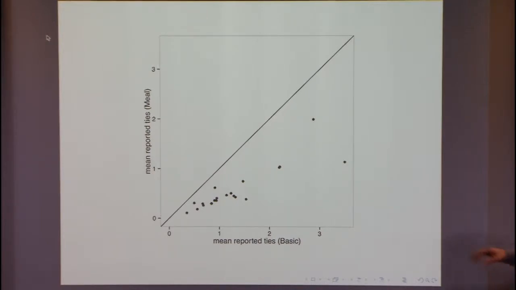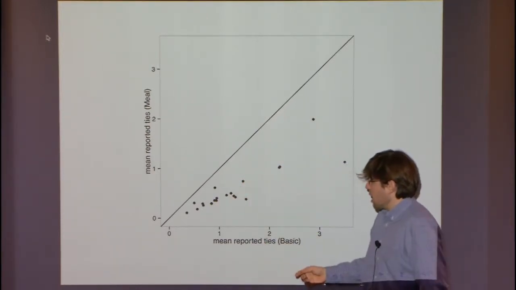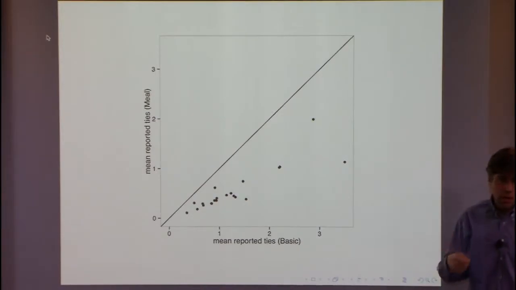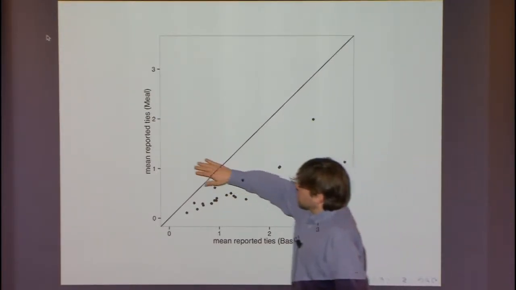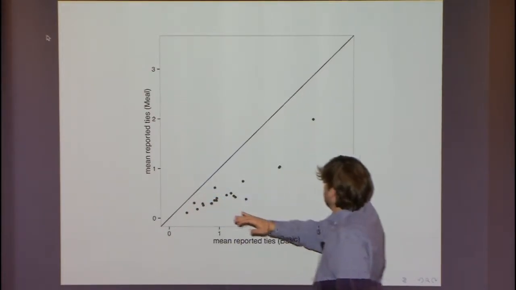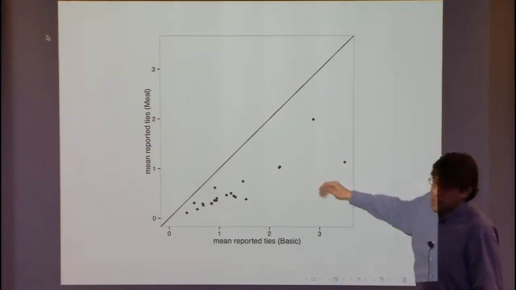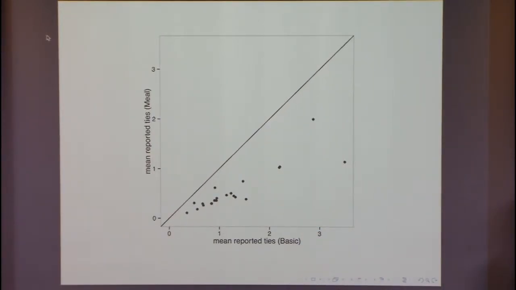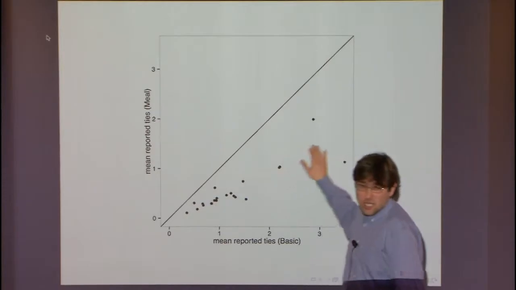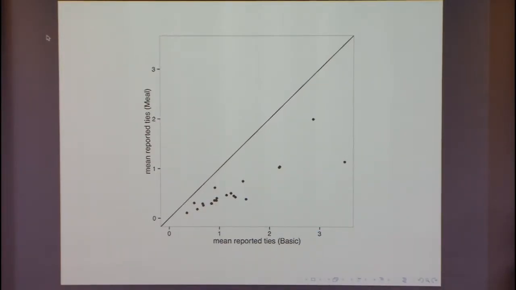So here, for all of those groups, the x-axis is the mean number of reported connections to people in this group using the basic definition. And here's the mean number of ties reported using the meal definition. What we see is in all cases, for all the groups, under the meal definition, people give smaller answers. So like they were actually listening to the question and they gave answers in ways that we would expect. That was pretty cool. And you see that this is approximately consistent, which suggests the shrinking is pretty much the same for each group.